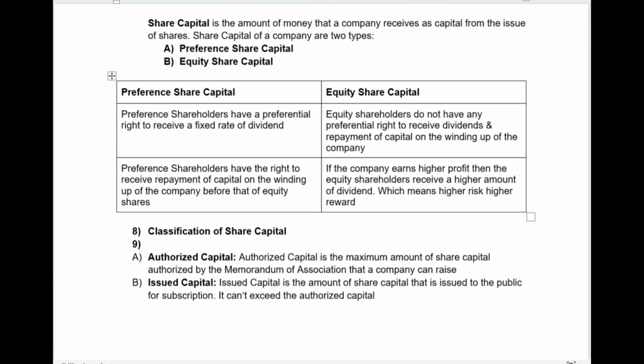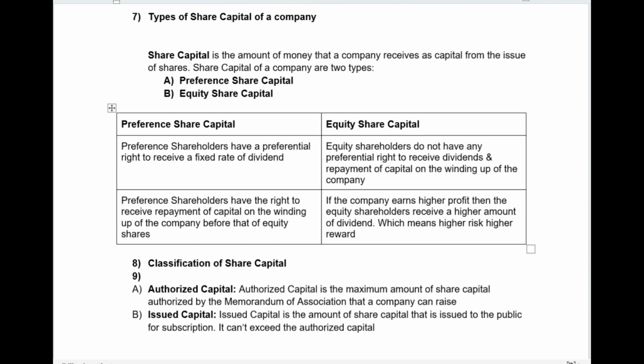But what is preference share capital and what is equity share capital? In order to understand the difference between the two, we need to understand the following points. Those who purchase preference share capital are termed as preference shareholders. In case of preference share capital, the preference shareholders have a preferential right to receive a fixed rate of dividend. That means whenever a company issues preference share capital, they are always guaranteed a certain fixed rate of dividend